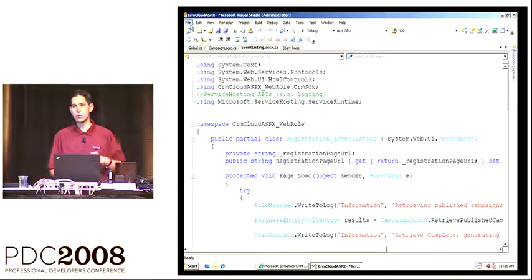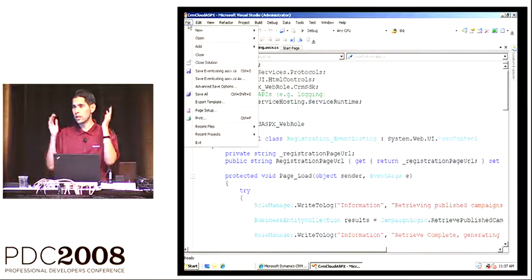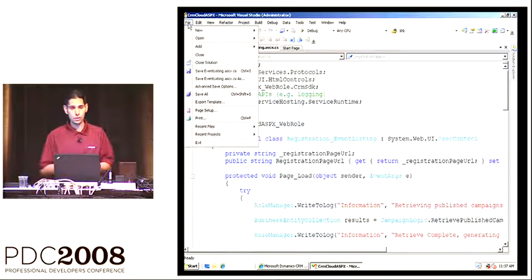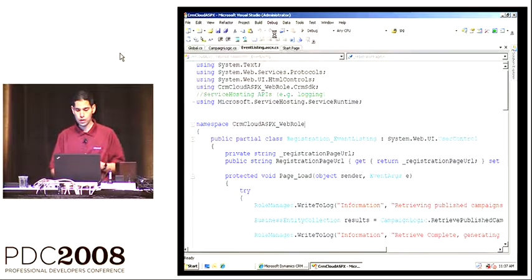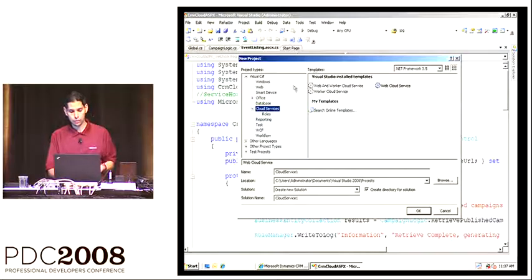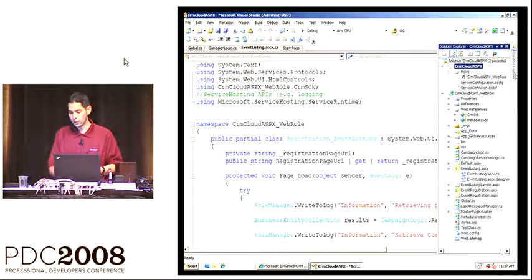If you remember in the Hello World demonstration, it is very easy to use. I have installed the Red Dog SDK on my machine. I also have the Visual Studio extension, so that gives me access to projects that I can target to the cloud. So I have these cloud services here, and I created a web cloud service. When I look at my